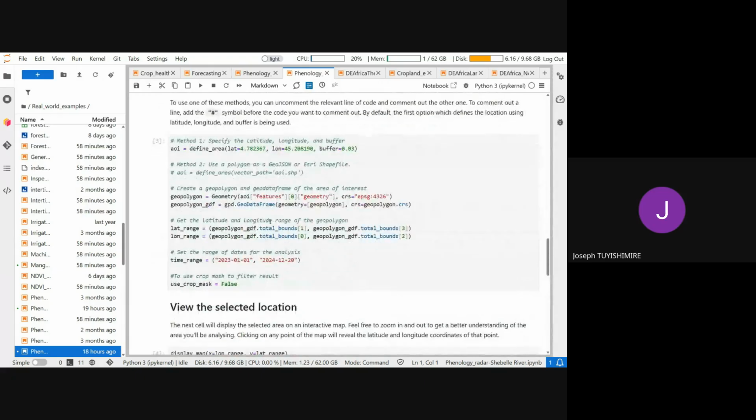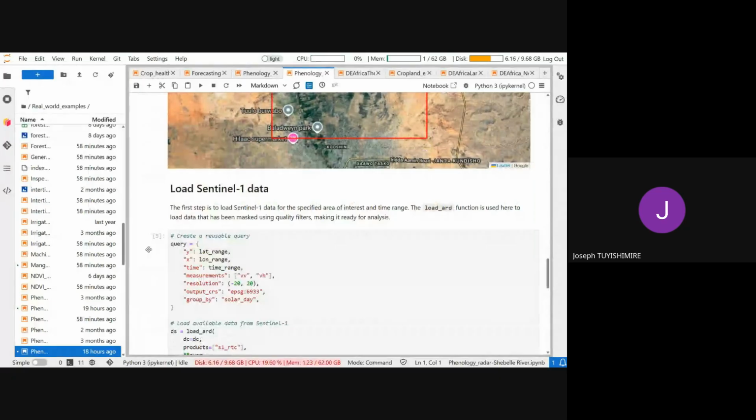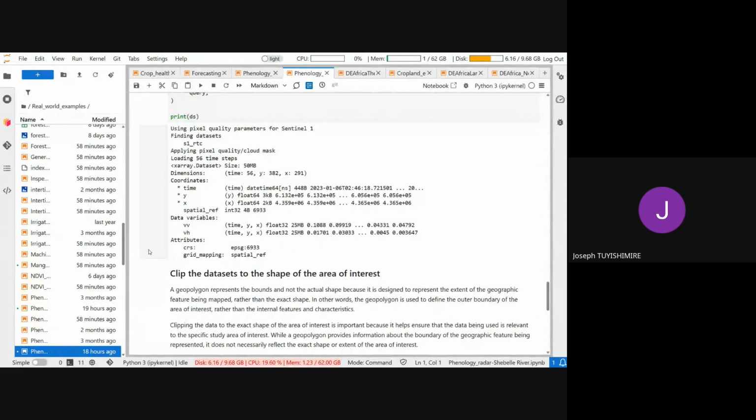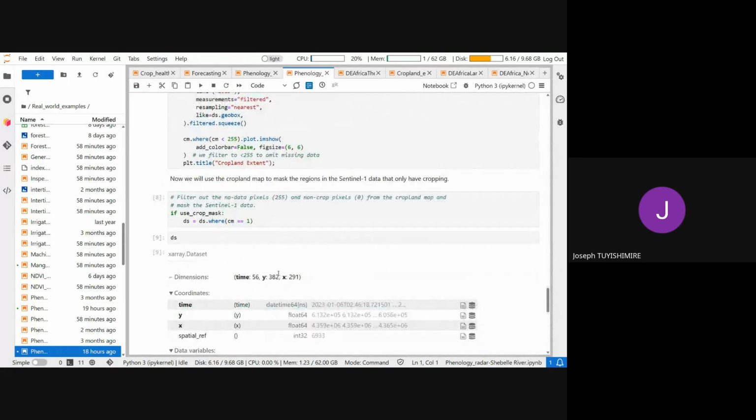I use the same study area just to make sure that they don't get confused. And for radar, we load our images without worry, because clouds are no longer an issue. And of course, we work upon the area of interest, activate the area.